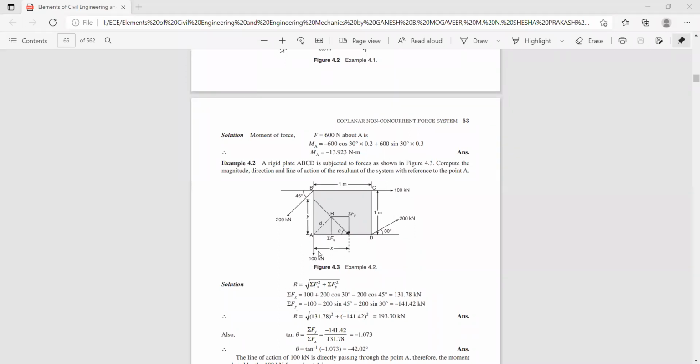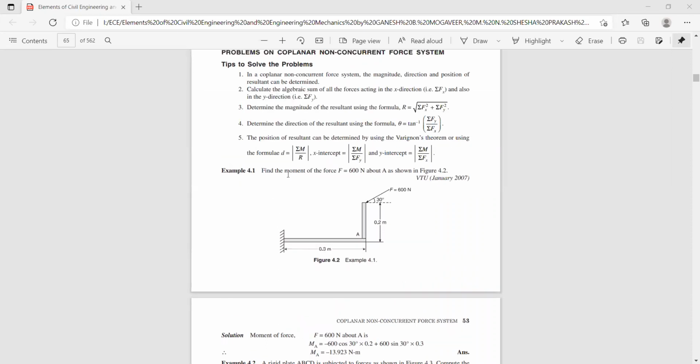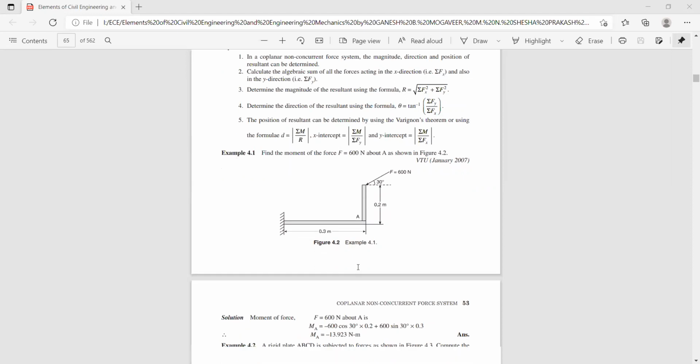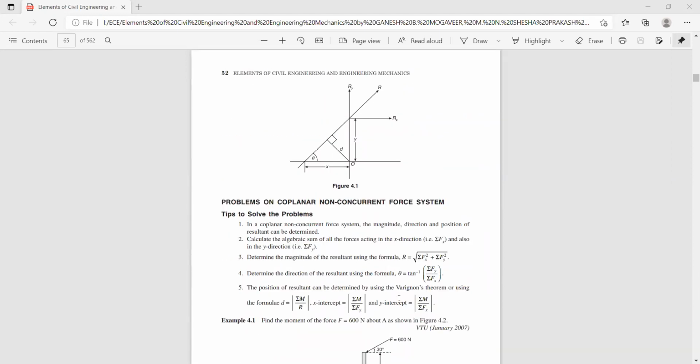And again, you have one more force, 100 Newton acting at point A. It is in line with point A, coinciding with point A, and hence it creates 0 moment. So finally, sigma MA is equal to R into D. That is the moment of the resultant with respect to this point. That is R into D. You can see here, that is the basic equation.